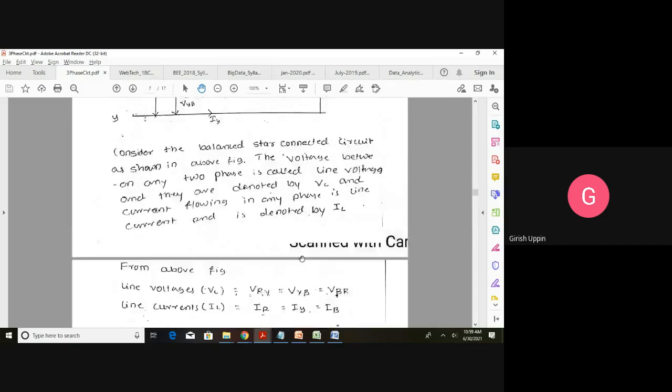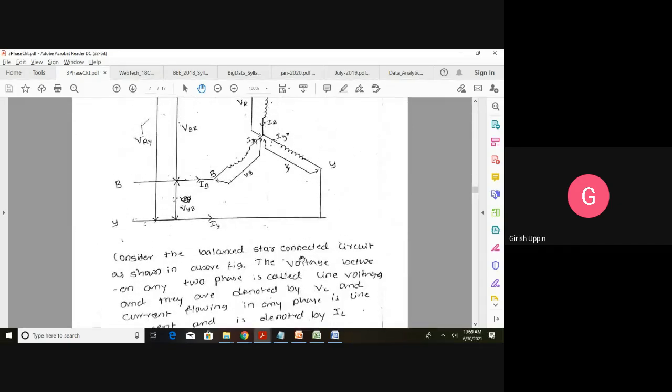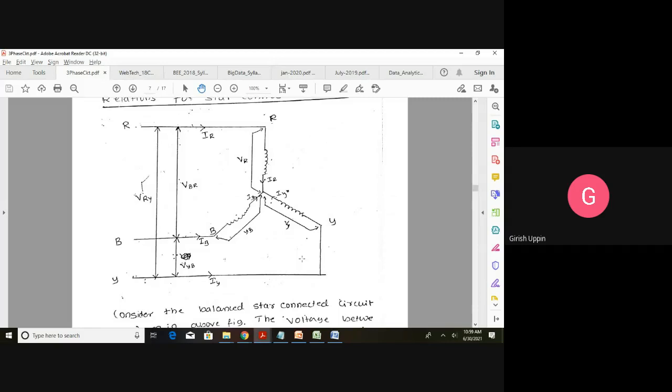Once you draw the phasor diagram, let us come back to the circuit. Now, what is the line voltage? We'll take just one example, and the same can be applied for the others also. We will take the example of VRY, between terminal R and terminal Y. What is the voltage between terminal R and Y? VRY, which is the line voltage. And if you see, what is VRY, you can just proceed on the circuit diagram. So this phase, that is VR, then VY, and back to this terminal.